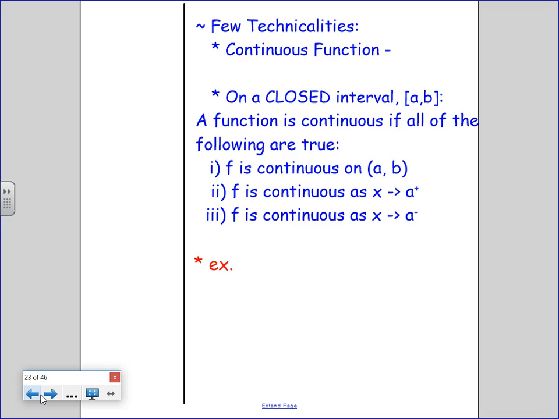Good? Steve? Yeah. If the limit of f of x as x approaches c equals f of c, then the function's continuous. We have to think about the